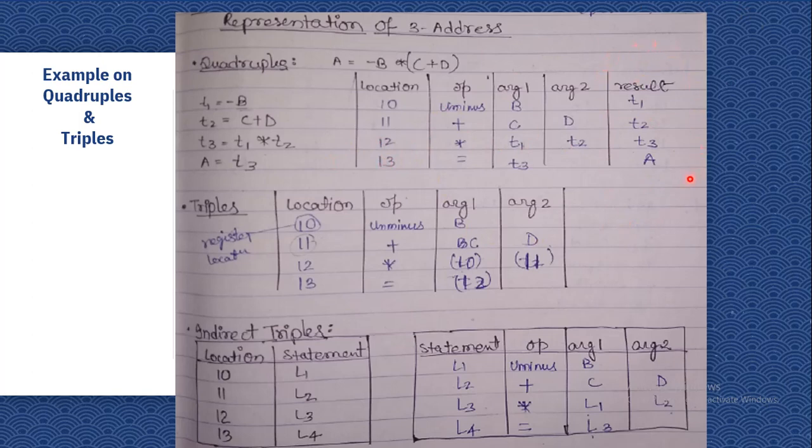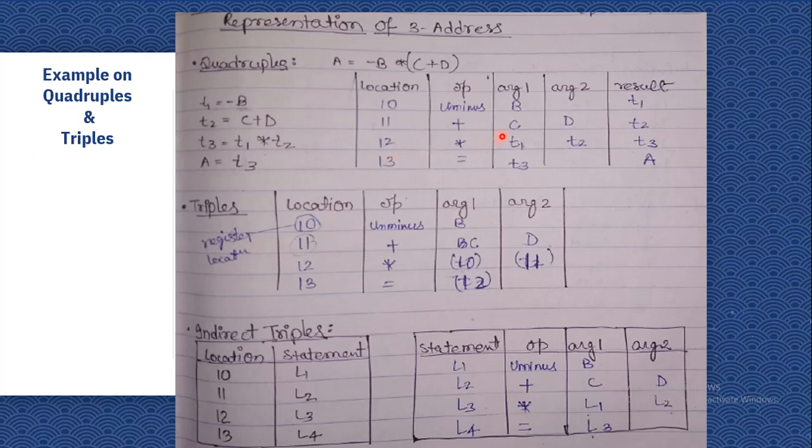We can remove this result field and use memory locations instead. The unary minus of b we are storing in the location of 10. This 10, 11, 12 we can select according to our need. We can use any hexadecimal code. So this 10, 11, 12 are nothing but values showing the register location.